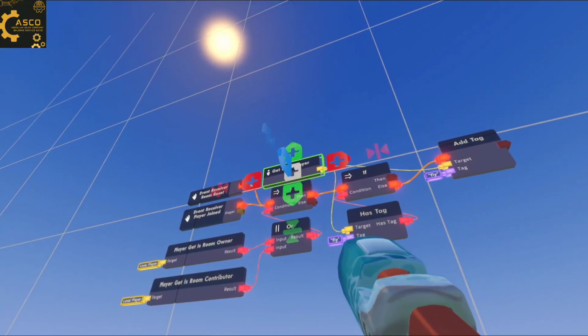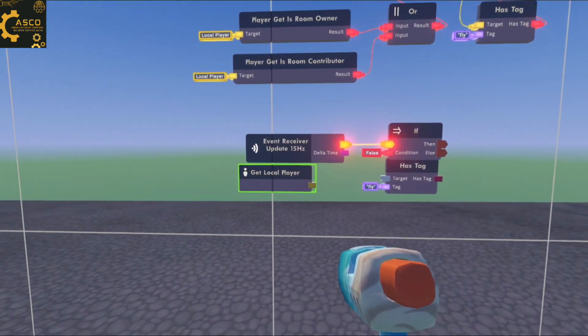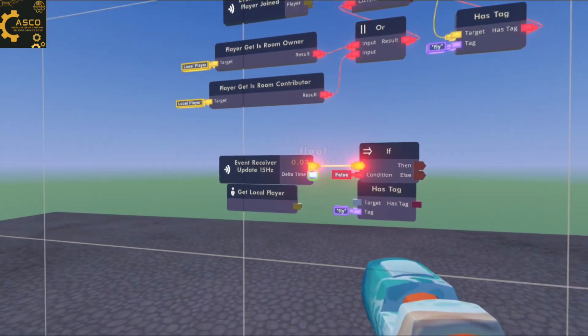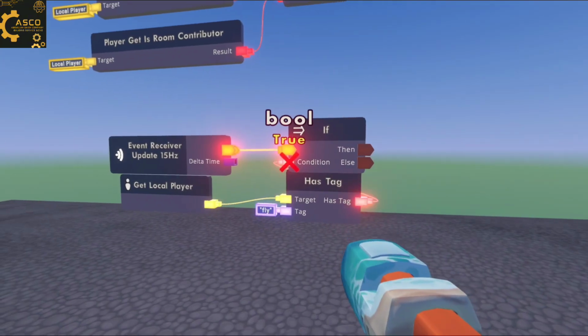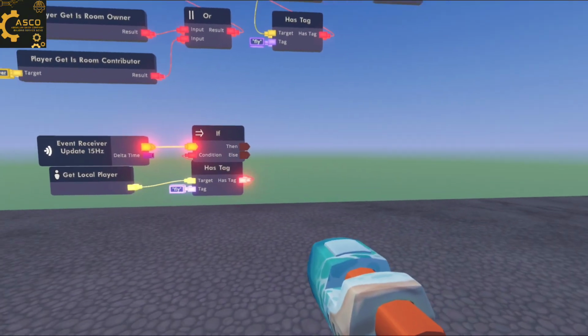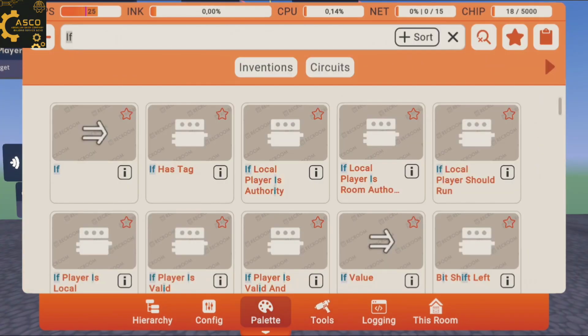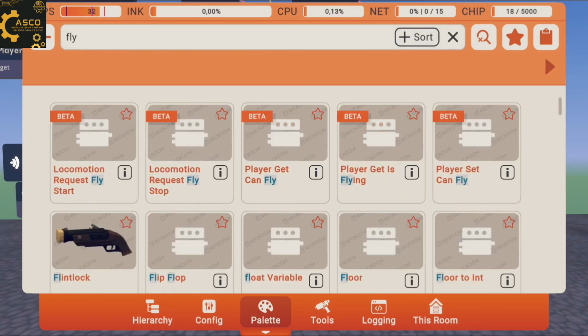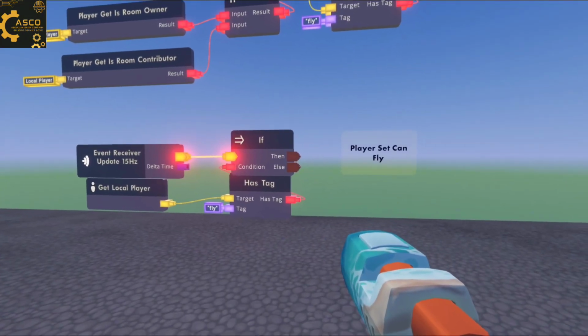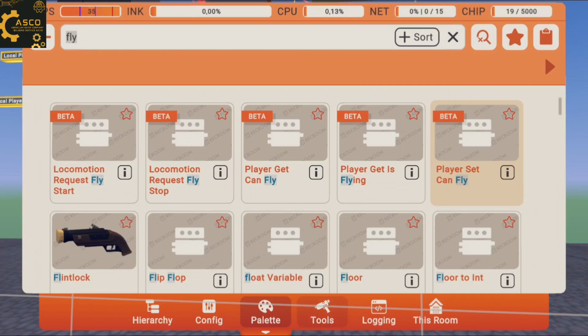And then again, we're gonna clone the local player. So if that local player has the tag, which is the condition, then what we want it to do is allow the player to fly. So search up for player set can fly. So then,